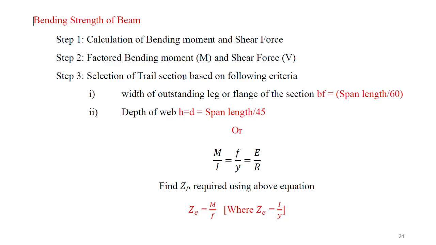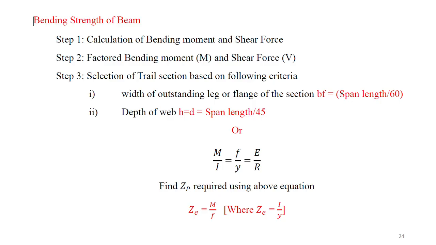This trial section can be selected based on two conditions. One, if you wish to find the higher side of the section, you can take this one as reference. If you are going to choose any I section, the width of the outstanding leg for an angle section, or the flange of the section,